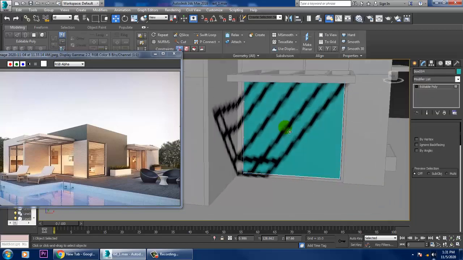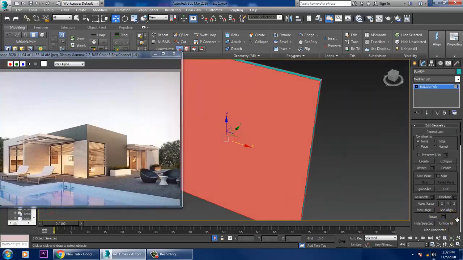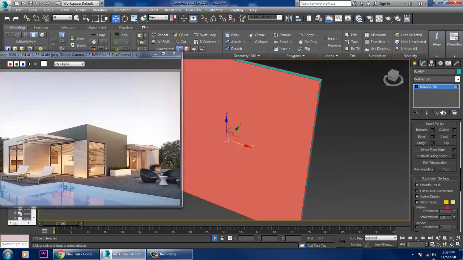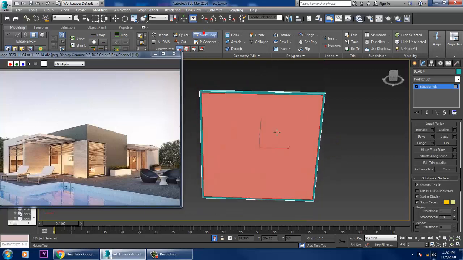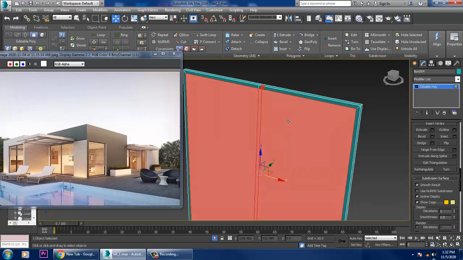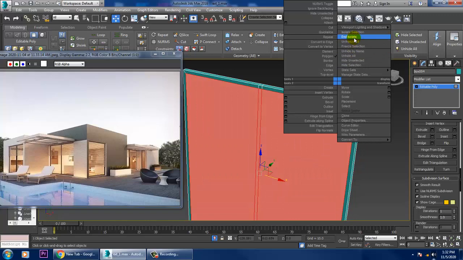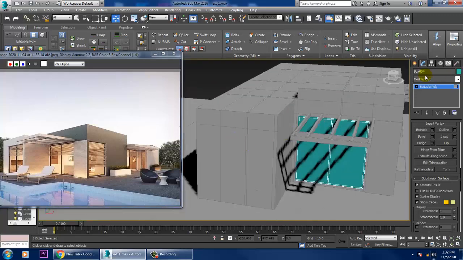Press 4 over here, and let's just give a bit of inset to it. So we'll be assigning some inset over here. Also, we'll be assigning some kind of loop over here. Right click and isolate this. So this is for your glass section over here.